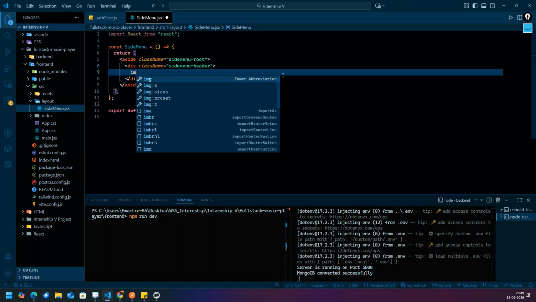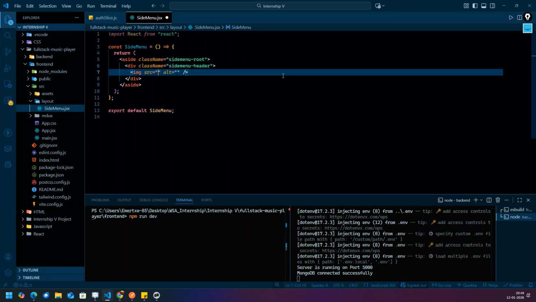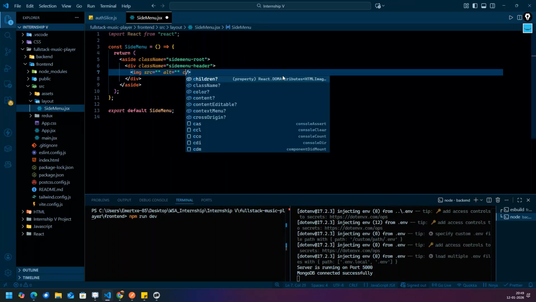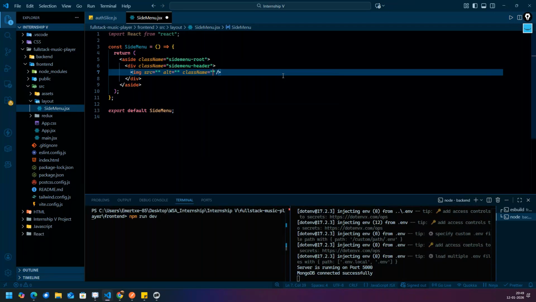Then we have the image of the logo, which I will give you tomorrow. Then let's write the class name, side-menu-logo-img, and the alternate text you can write like project logo.